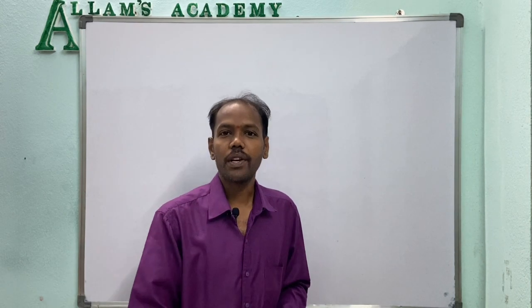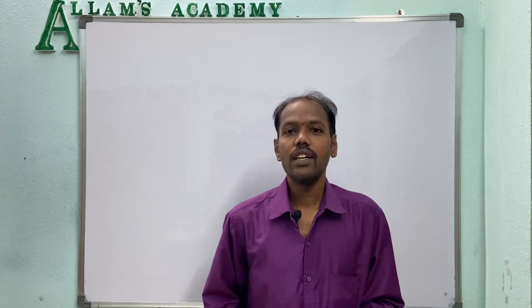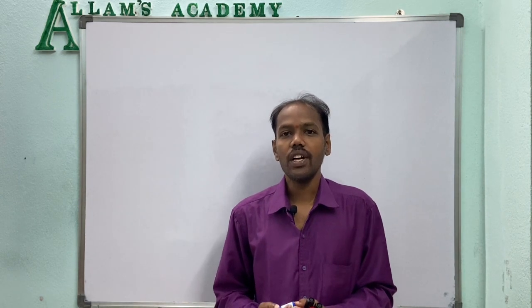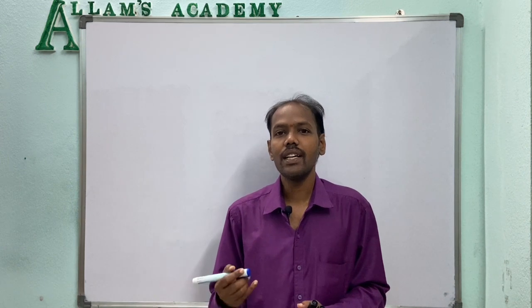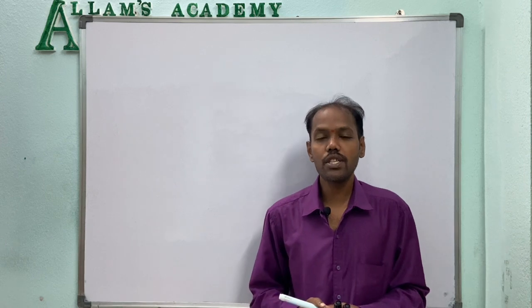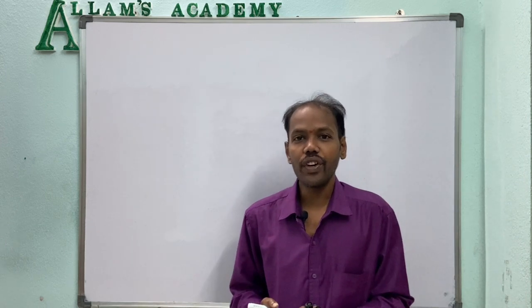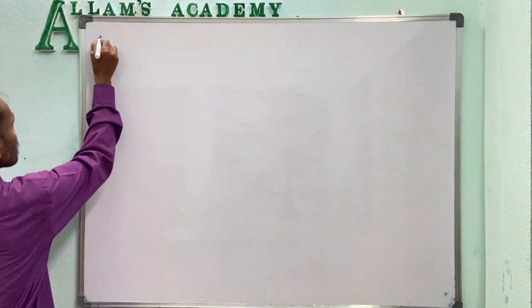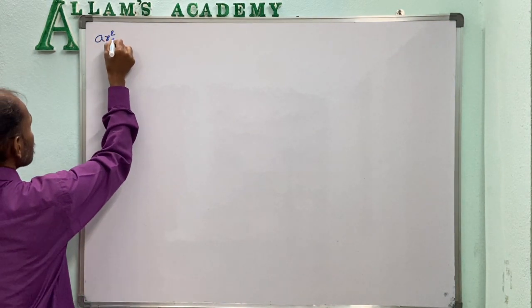So, in our previous classes, we studied solving a quadratic equation. We have three methods there. One is the factorization method, another one is the completing the square method, and the third one is the quadratic formula method. If we observe the formula method, for the quadratic equation ax square plus bx plus c equal to 0,